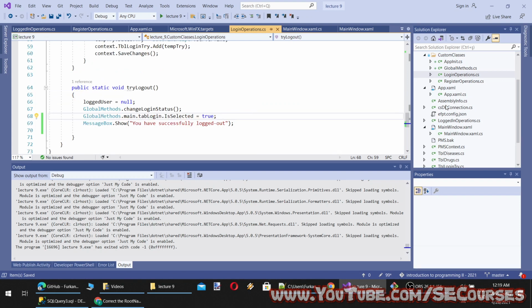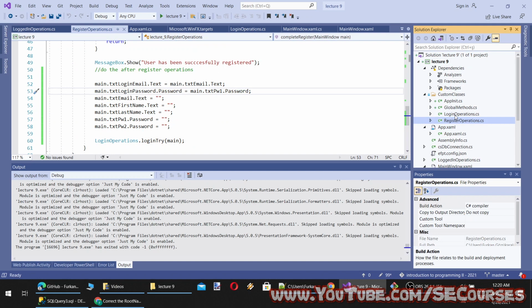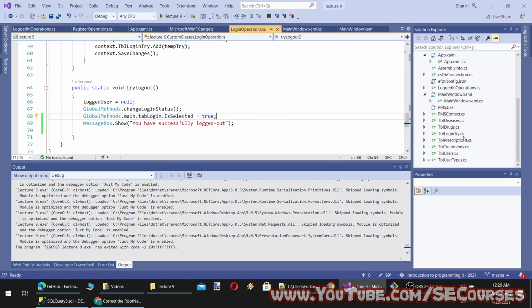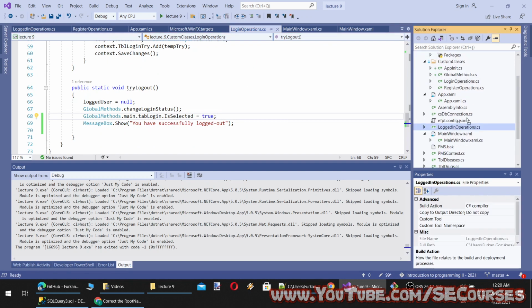once the user is logged out, we also need to check some other things. I mean, in our application currently, user can change values even if they are logged out, because we are not doing a server side or background check in our logged in operations. Okay, which is here. Let's move it to custom classes as well.